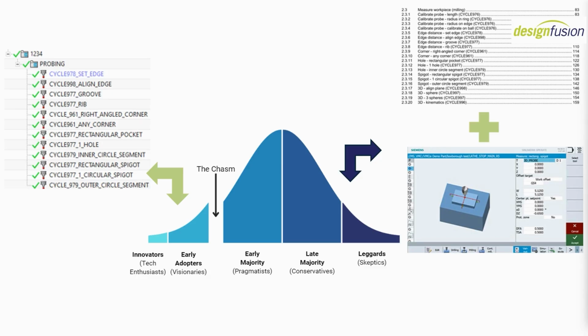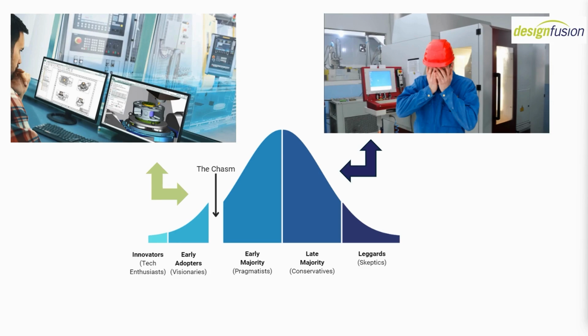On one side of the chasm, CAM is applied almost exclusively as toolpaths removing material. On the progressive side of the chasm, CAM is part of a whole digital manufacturing strategy, enabling closed-loop feedback, real-time decision-making, and process intelligence. NX CAM is no longer just about cutting, it's about connecting everything that powers digital manufacturing. With NX CAM's on-machine probing, measurement is fully integrated into your machining strategy, closing the loop between digital planning and